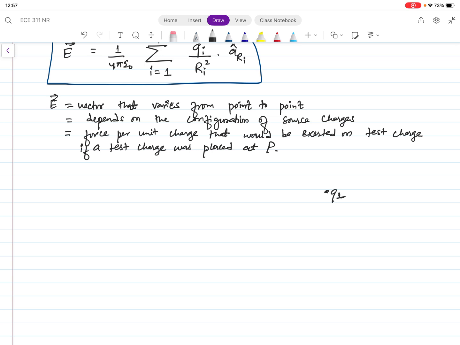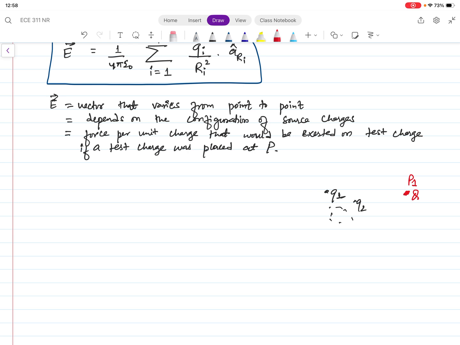something like that, or we can take more charges. Okay, we have charges. If you placed a test charge Q over here, so we are asking, okay, what is the electric field vector over there? And that electric field vector at that point, let's say this is point P1, at point P1 is the force per unit charge that is exerted on that test charge Q when it is